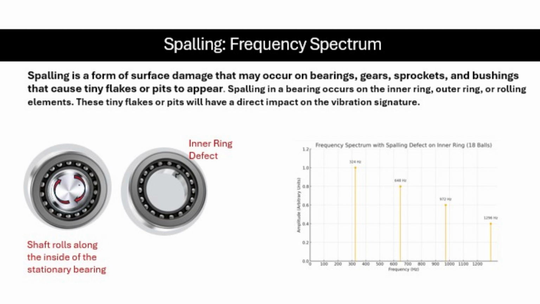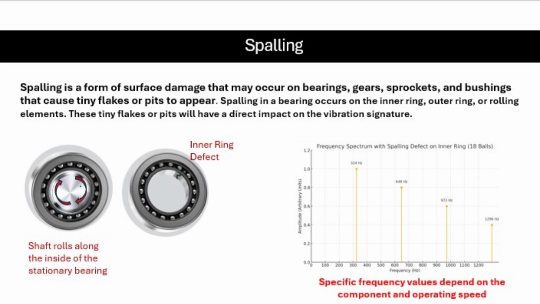Spalling is a form of surface damage that may occur on bearings, gears, sprockets, and bushings that cause tiny flakes or pits to appear. Spalling in a bearing occurs on the inner ring, outer ring, or rolling elements. These tiny flakes or pits will have a direct impact on the vibration signature depending on the location of the pit. As the shaft rolls along the stationary bearing, it comes in contact with the pit. This influences the amount of noise in the frequency spectrum,